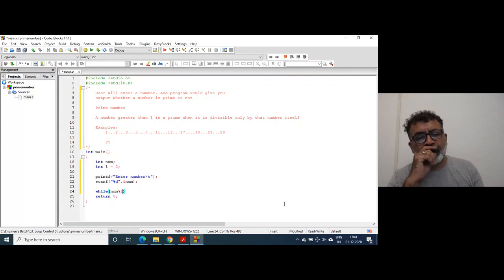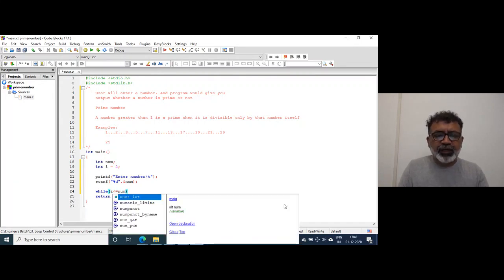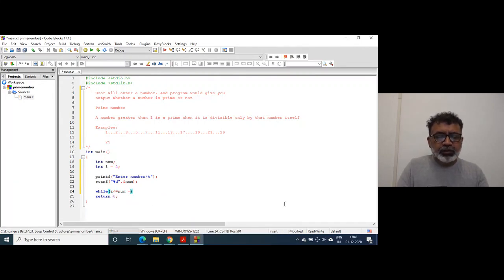While i is less than or equal to num minus 1. Can I write like this? Num minus 1.